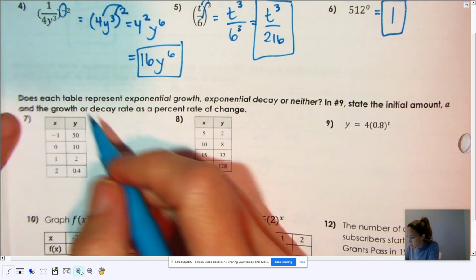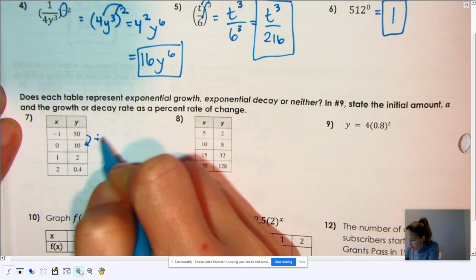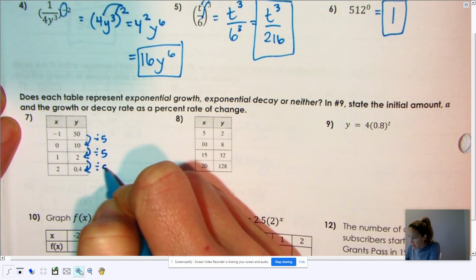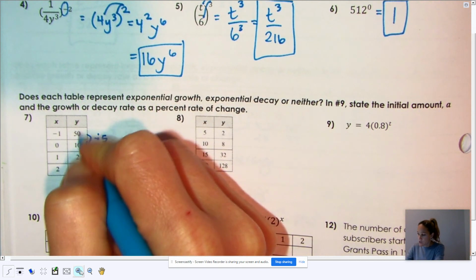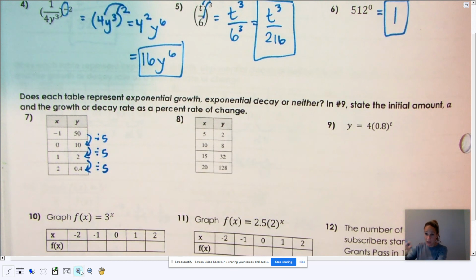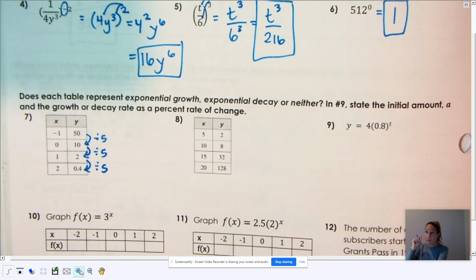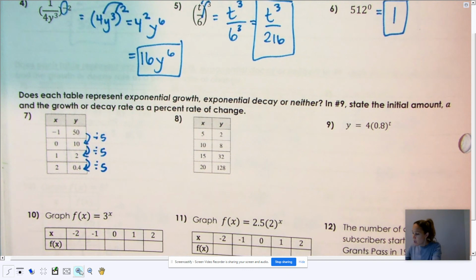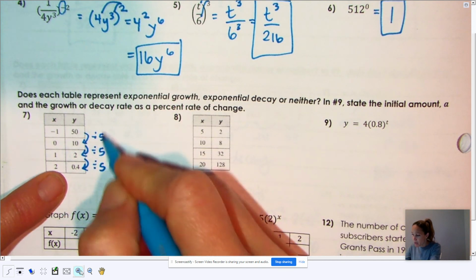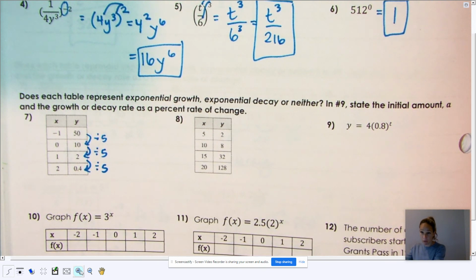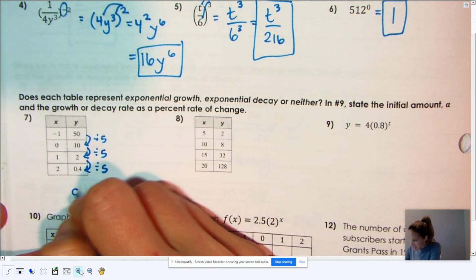So we're going to look at these and we're going to say, oh, this one was divide by 5, divide by 5, divide by 5. You can also just use a calculator and do division on each of these, looking at each pair. And if you get the same common ratio each time, that's how you know it is exponential, because the numbers are going smaller by, like we're dividing by 5, which is the same thing as multiplying by 1/5 or 0.2. We would say that this is decay,